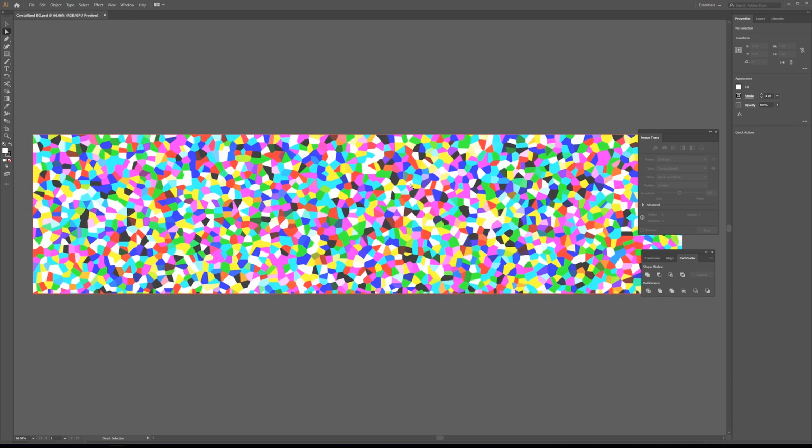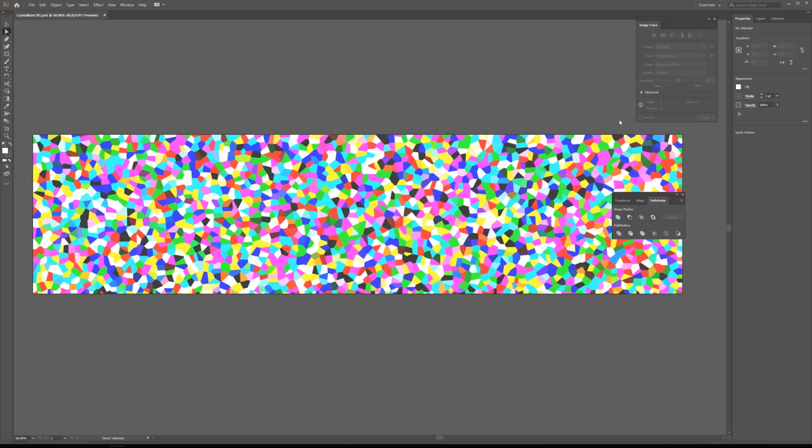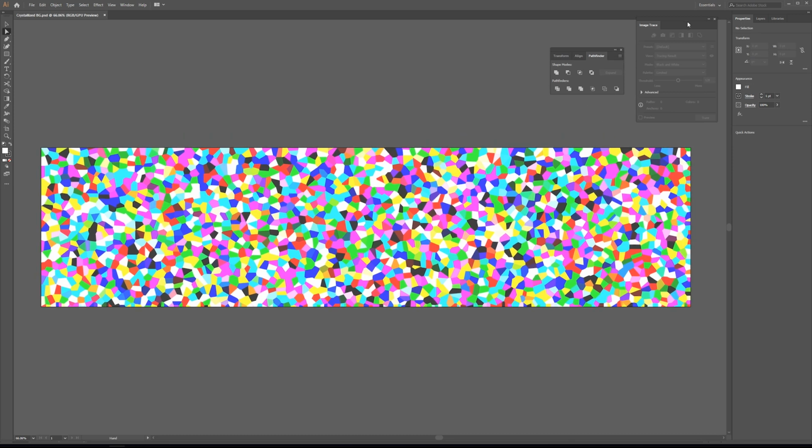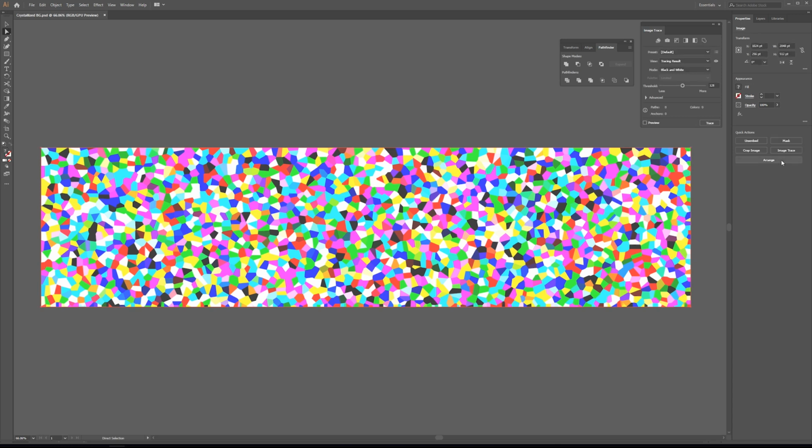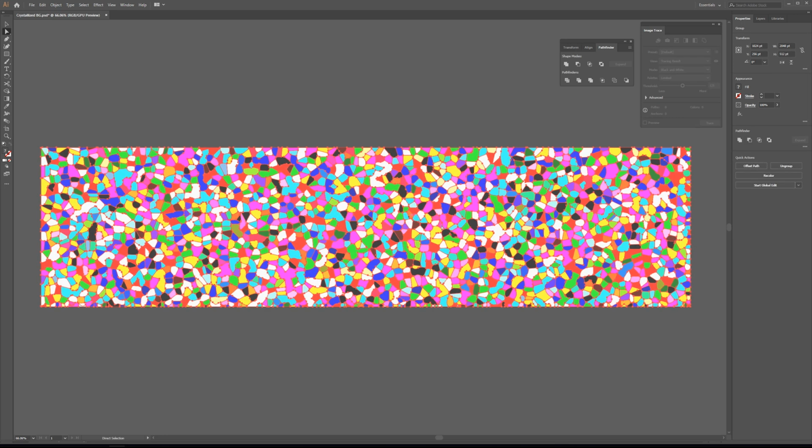All right, so I am not an expert at Illustrator. In fact, I only ever use Illustrator to vectorize things. So here are the steps that I have chosen to do this. If you are a pro at Illustrator, perhaps there is a better way to do this, but otherwise just follow these steps. I'm going to select this background, then we're going to go up to Image Trace, make sure that the mode is set to color, then click Trace. After that's finished, we need to click Expand, and you can see all the different pieces.